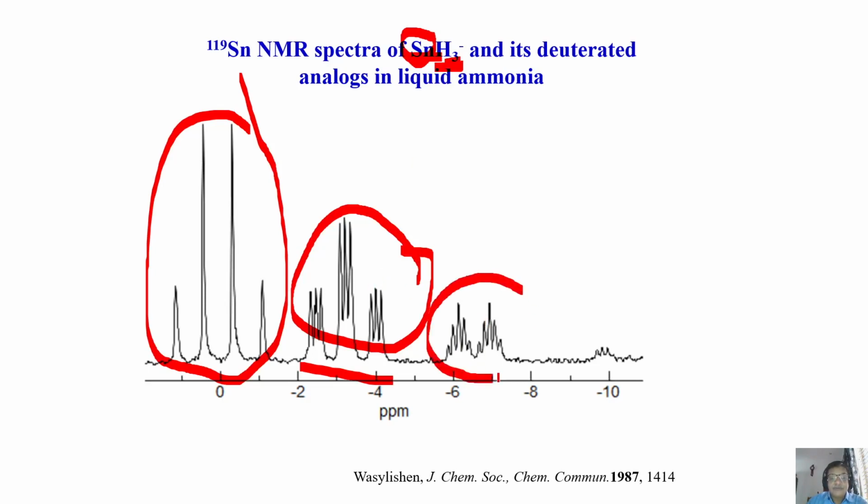What is this? This possibility is SnHD2. When one proton is there, it's like a CH proton. When the carbon is split into a doublet by the proton, similarly, the tin is going to split into a doublet by this one proton. But there are two deuteriums, two of the protons are replaced by deuterium. What will that do? That will split each line of the doublet into a five-line pattern, which we also worked out for the intensity very recently, right? 1, 2, 3, 2, 1.